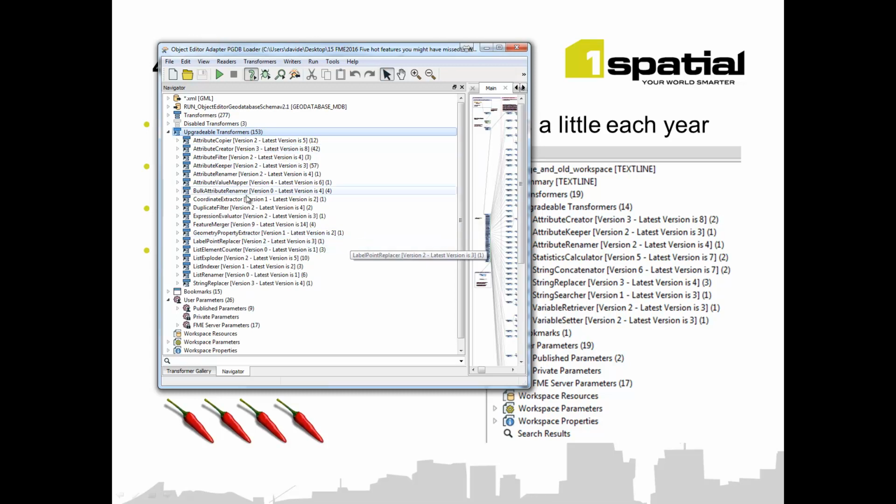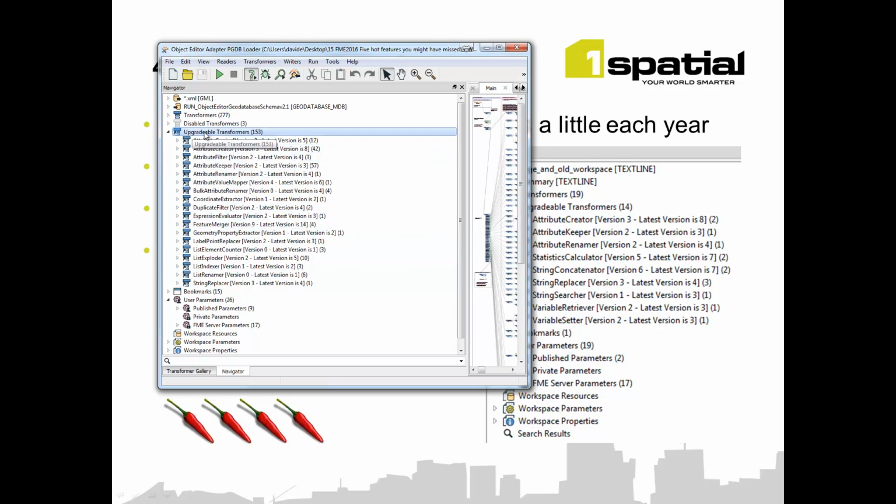Here you can see that in this workspace there are 153 transformers that are potentially upgradable. Now this is an extreme example. This is not typical at all. It's a very large workspace that was written quite a while ago, but it's perfect to demonstrate some of the